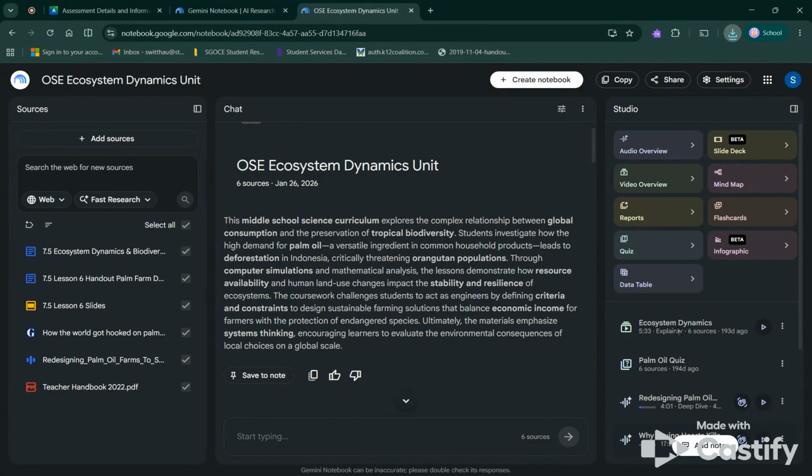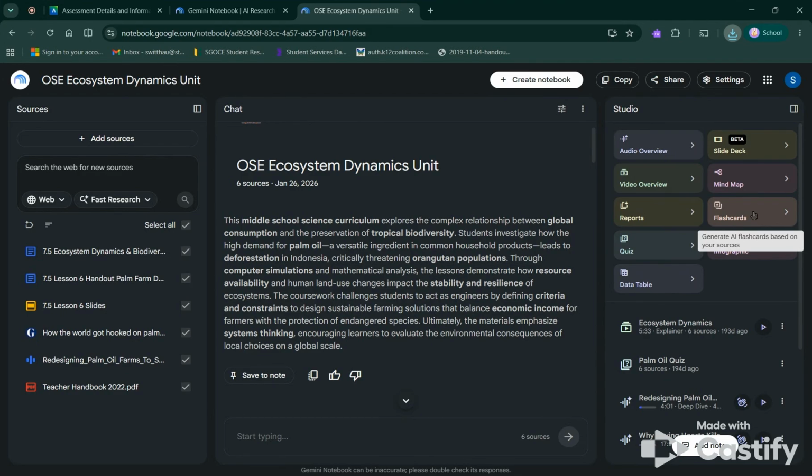Other things, if your students do have access to NotebookLM, if it is not blocked by your district, you can do some other neat things. The quiz and flashcards are both really good study tools. Again, you can pick which sources it's going to pull from. So if you've got, say, a mid-unit assessment, you could upload sources from each of your lessons within a unit